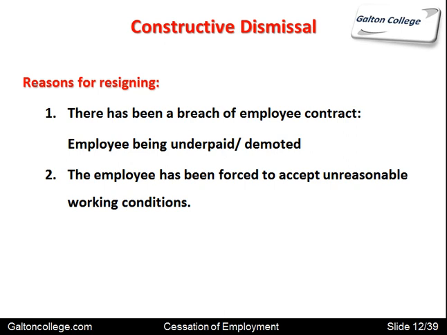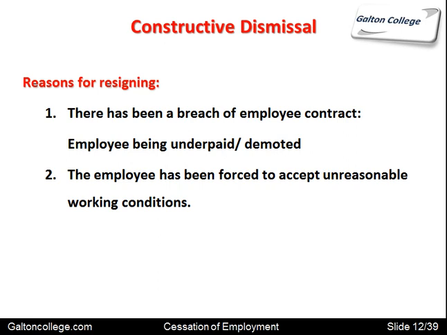The employee has been forced to accept unreasonable working conditions. So, for example, the terms of the working agreement have been changed, and changed to the detriment of the employee. Perhaps the employee is now expected to work outside, whereas before they were working inside. Or perhaps they are now required to work longer hours, or to work on Saturdays, or they're expected to work under noisy conditions, and perhaps the work has been changed radically in a way designed to get them out of the company. The employer has found ways of making the employee feel unwanted, uncomfortable, not respected,